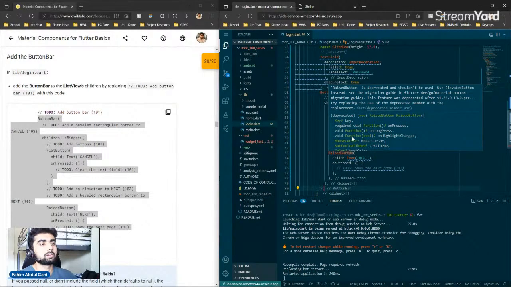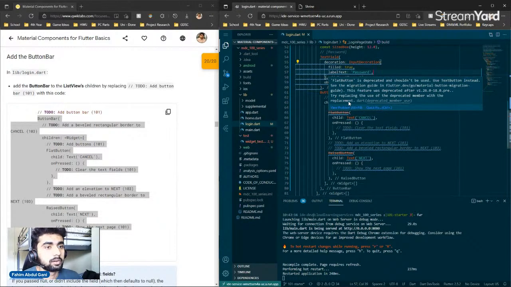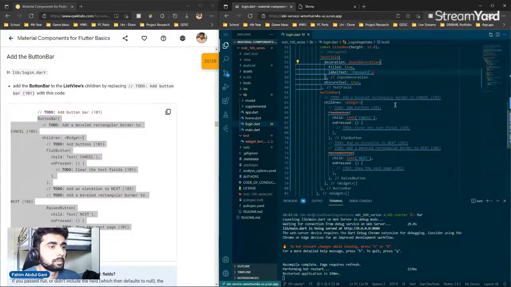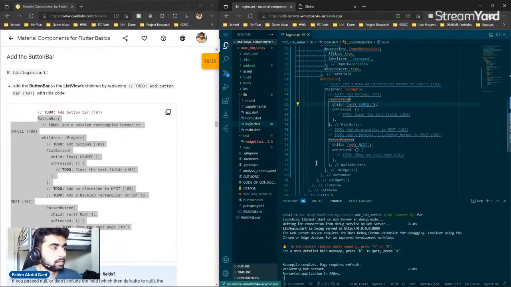Yeah, so as you can see, the raised button class is actually deprecated, and it's in the older versions of Flutter, and they don't use this anymore, and they use an elevated button and even flat button is deprecated. So they're asking us to use text button instead. For now, we'll leave this, and